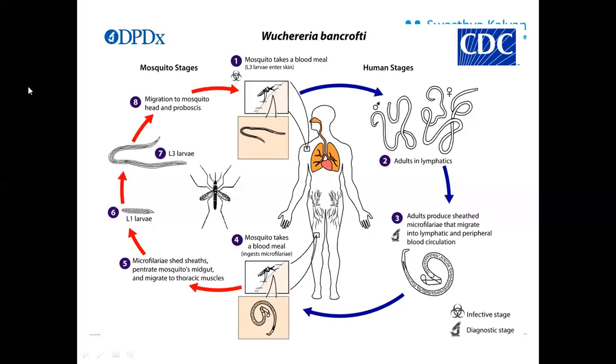Now, for diagnostic purposes, you would understand that the diagnosis of this particular parasite is done by the microfilarial stage present in human blood that is produced by the adult worm. But for the formation of the adult worm, it is necessary that the larva develops into an adult in the lymphatics.